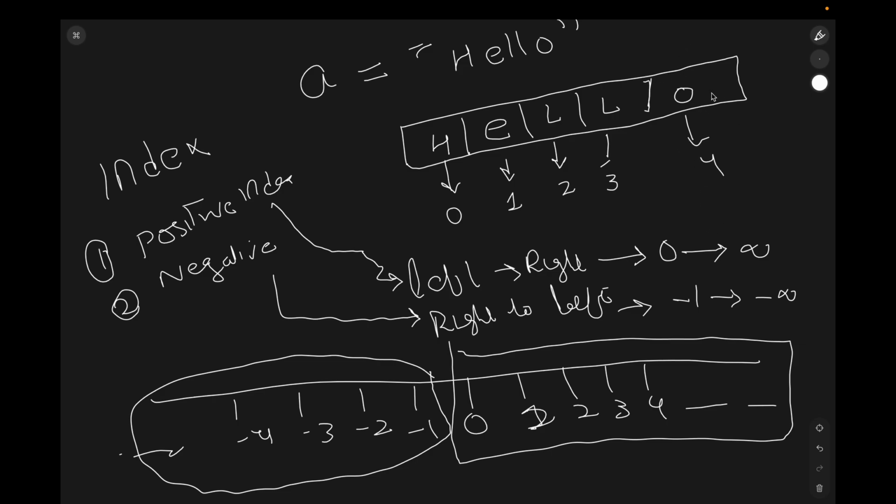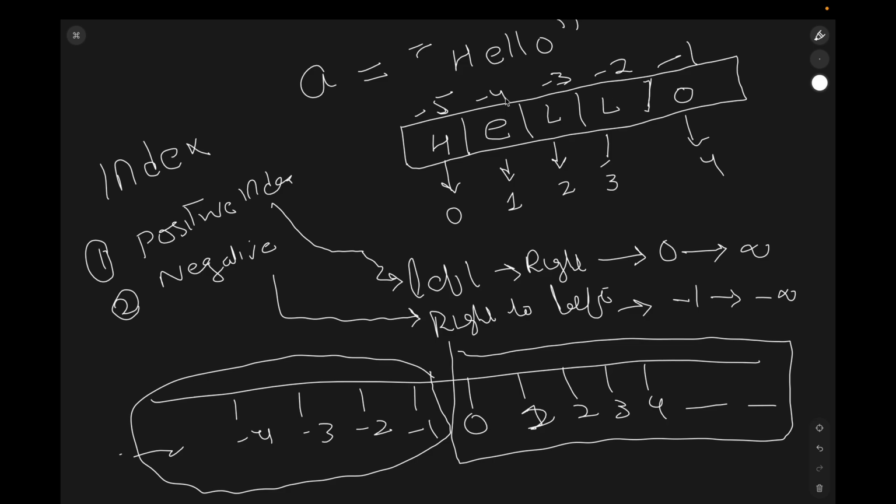This is my right hand side and we'll be going towards the left hand side. The index number of this is -1. This will be -2, -3, this will be -4, this will be -5. Okay, everyone understood here? So if I have to say what character is present at -2 location, I'll be